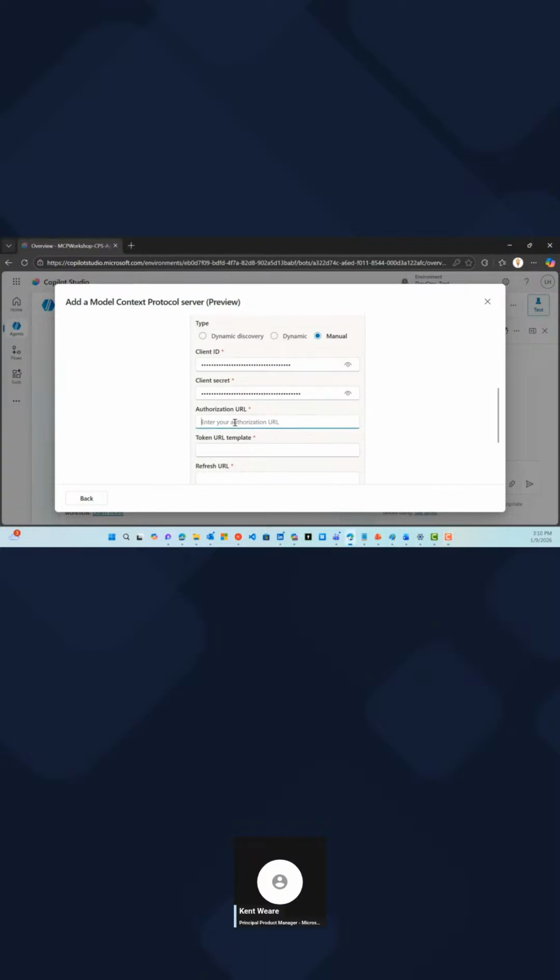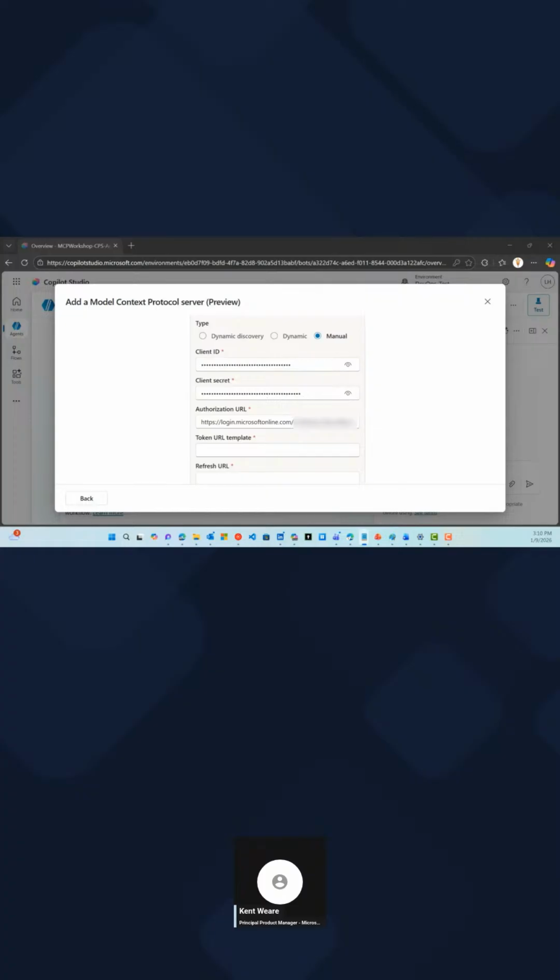Now, the authorization URL. What this is going to look like is, we've got the tail end here, it ends in OAuth2/v2.0/authorize. This is my tenant ID, which is going to be blurred out. And if we go to the front, we're going to see that we've got login.microsoftonline.com. And once again, this is my tenant ID that we would need to obtain, and that's also going to come from that screen in the app registration where we had the directory/tenant ID.